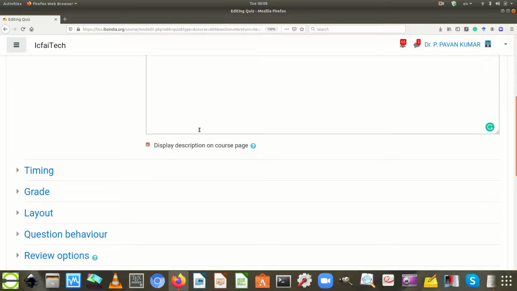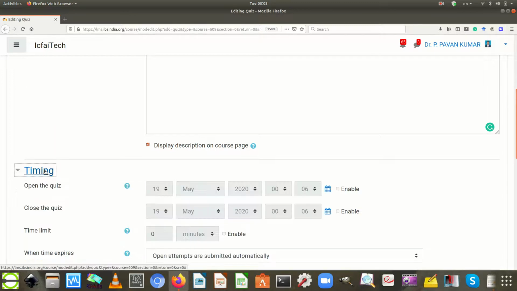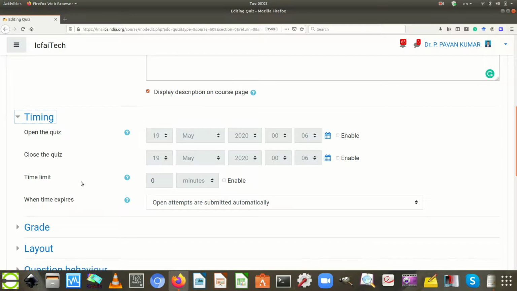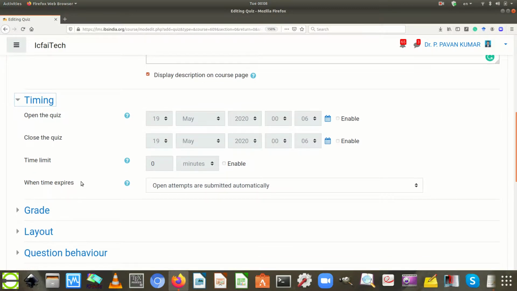After that, move to the timing option. Here the user can see four options. One, open the quiz, second, close the quiz, third, time limit, fourth, when time expires. Here enable the open the quiz. By enabling this button, the quiz open time like date, month, year, hours, seconds can be activated.